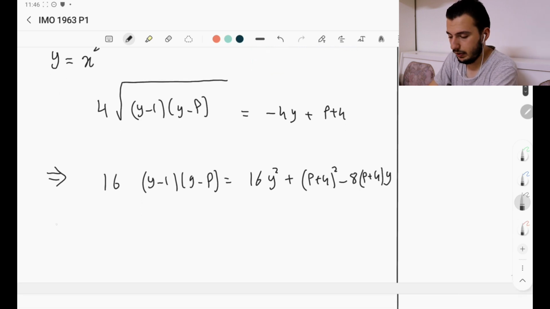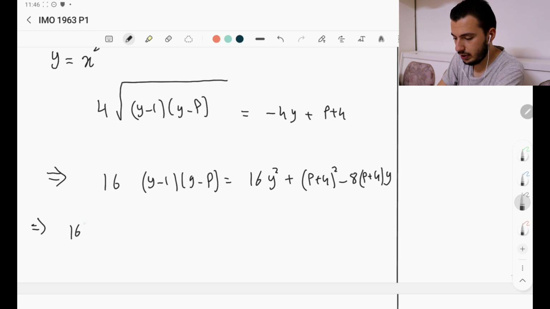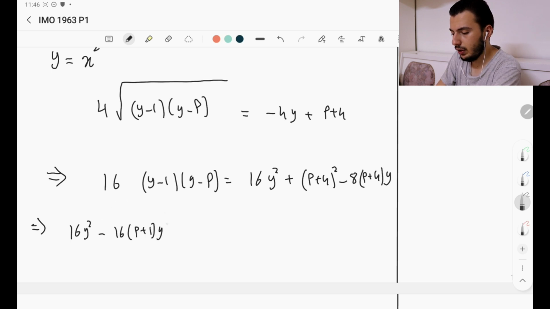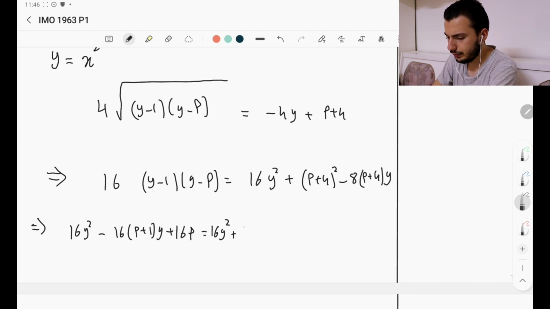Now it's time to expand. From the left hand side we get 16y squared, then negative 16 times b plus 1 y, then plus 16b. This is equal to 16y squared plus b squared plus 8b plus 16